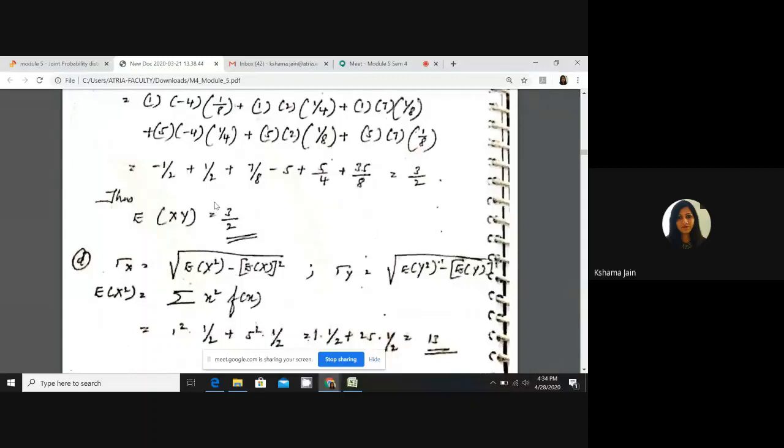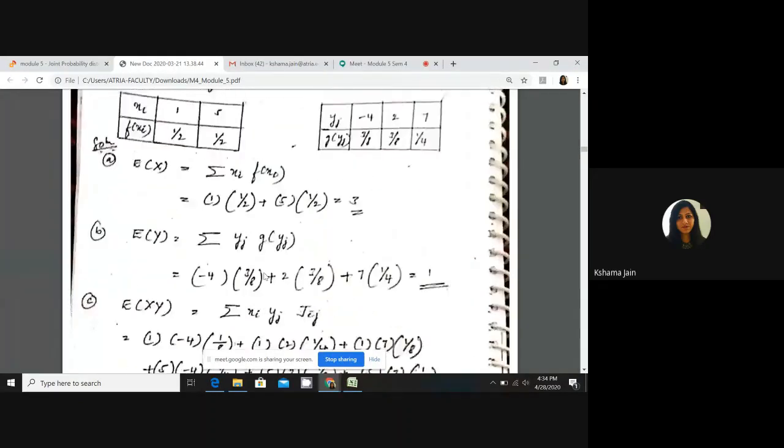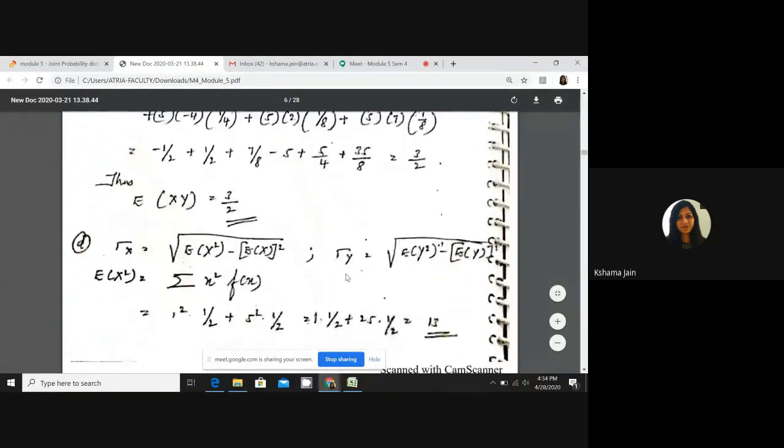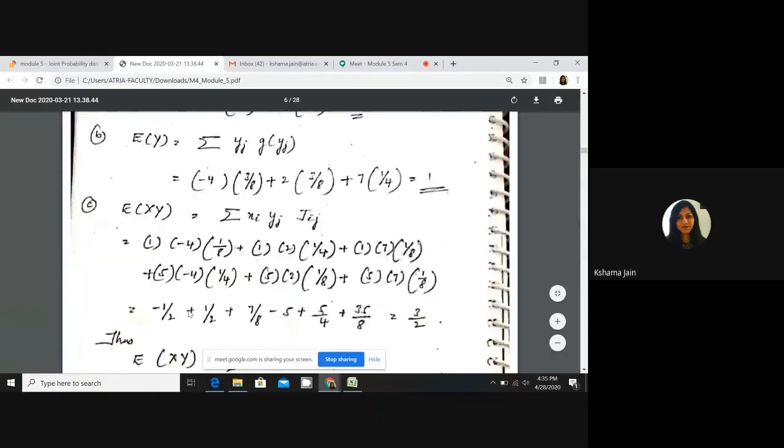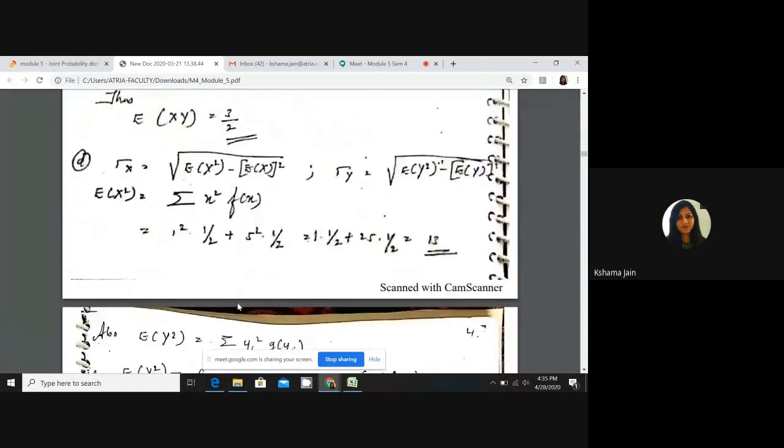Again, I tell you, you need to remember the formulas. So the formula we know is sigma x equals square root of Ex square minus Ex whole square. Ex we have already calculated as 3, but Ex square we need to find out. For that, either you can write it in a line, or make another row here, x square. So that will be 1 into 25, and x square into fx. They have done 1 square into 1 by 2 plus 5 square into 1 by 2, the summation of x square into fx.